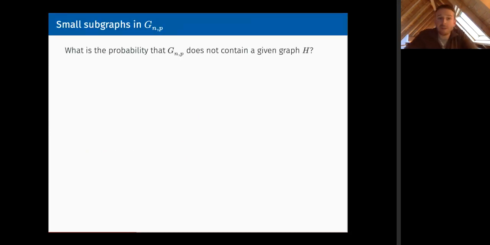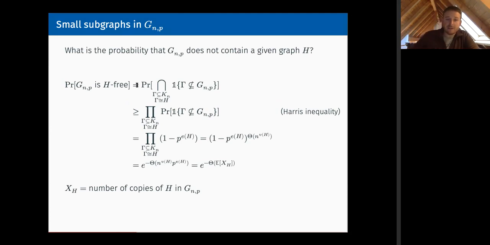Good, so let's consider what happens in G(n,p). The probability that G(n,p) is H-free is equivalent to the following. We look at all possible copies of H inside the complete graph on n vertices, and we look at the indicator variable that this particular copy of H is not contained in G(n,p), right? And we need this to happen for every possible copy of H. So this is, by definition, what we mean by G(n,p) being H-free. Now, using Harris inequality, we can lower bound this with a product of the probabilities of each individual such event,